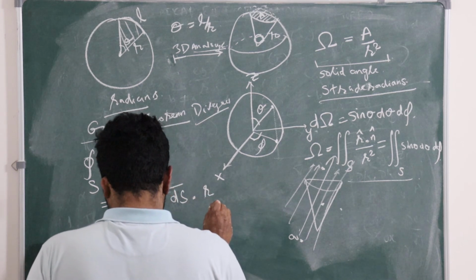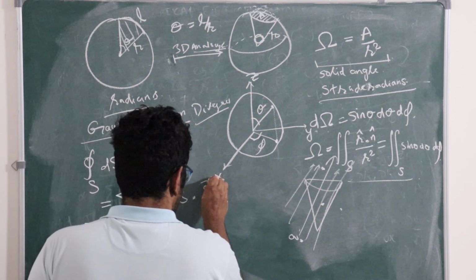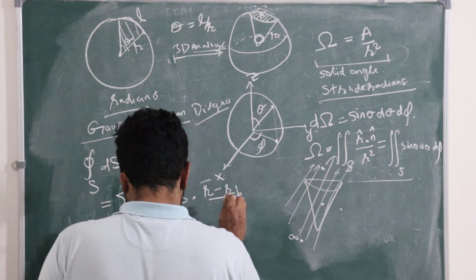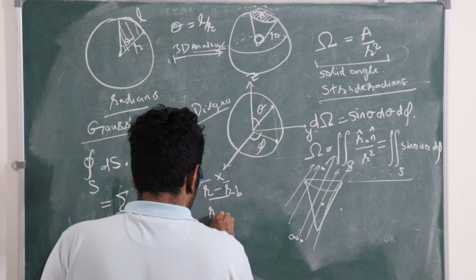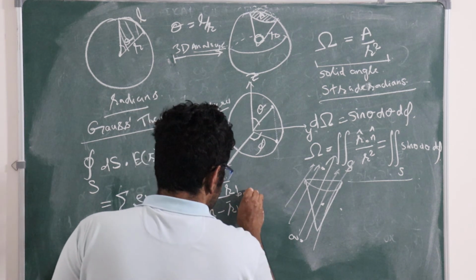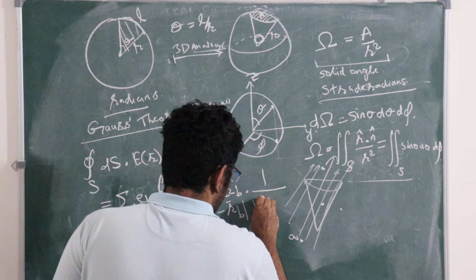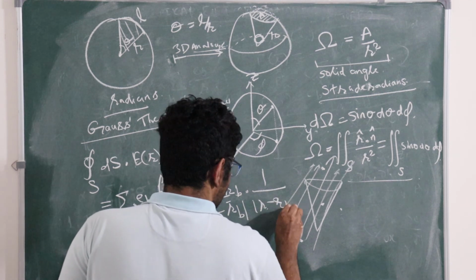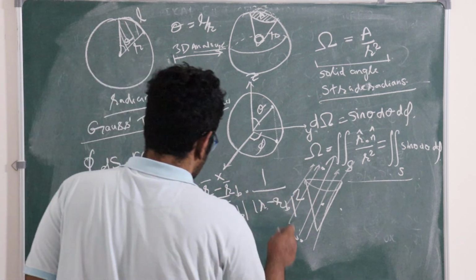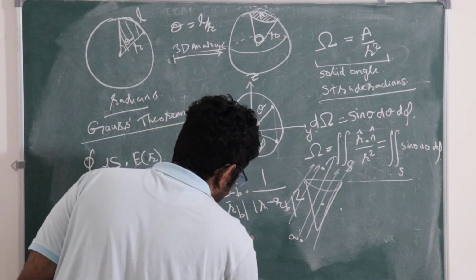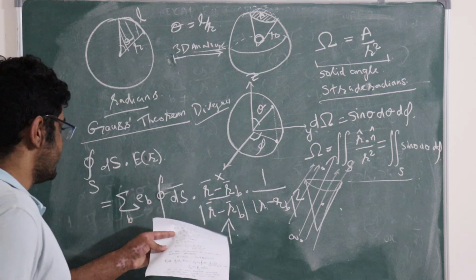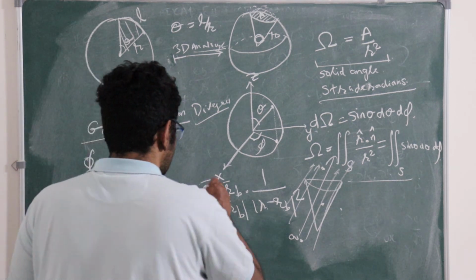written as ds dot (r minus rb) divided by the modulus of r minus rb, times 1 by the magnitude square of r minus rb. Now why did I write this term over here? Well, this term is significant, we know that, but why this term? As you can see, this term is basically